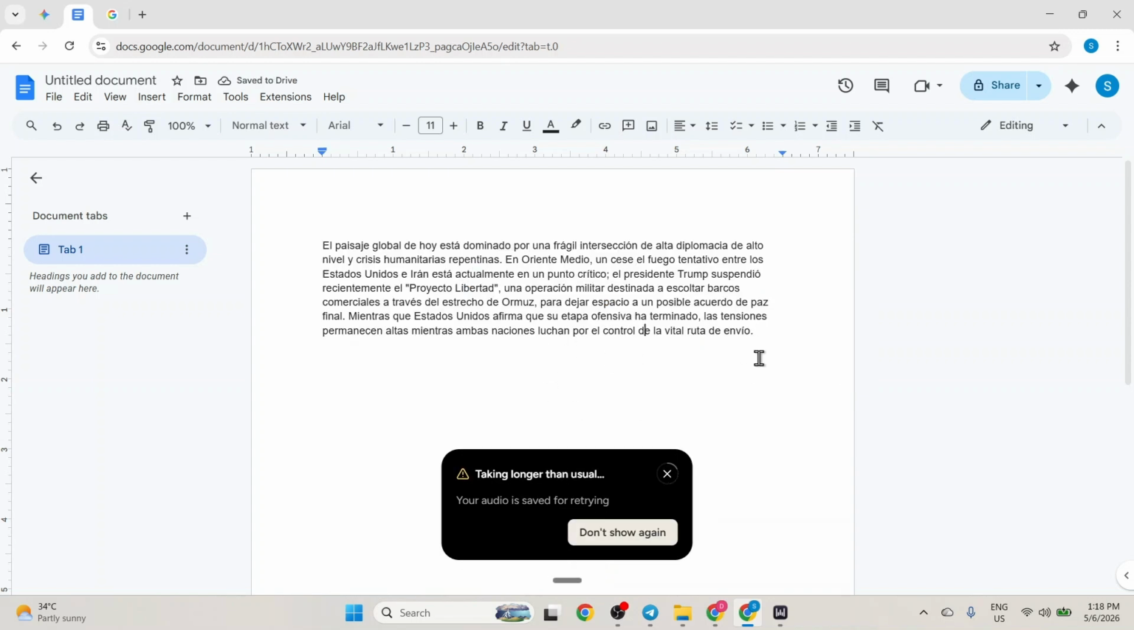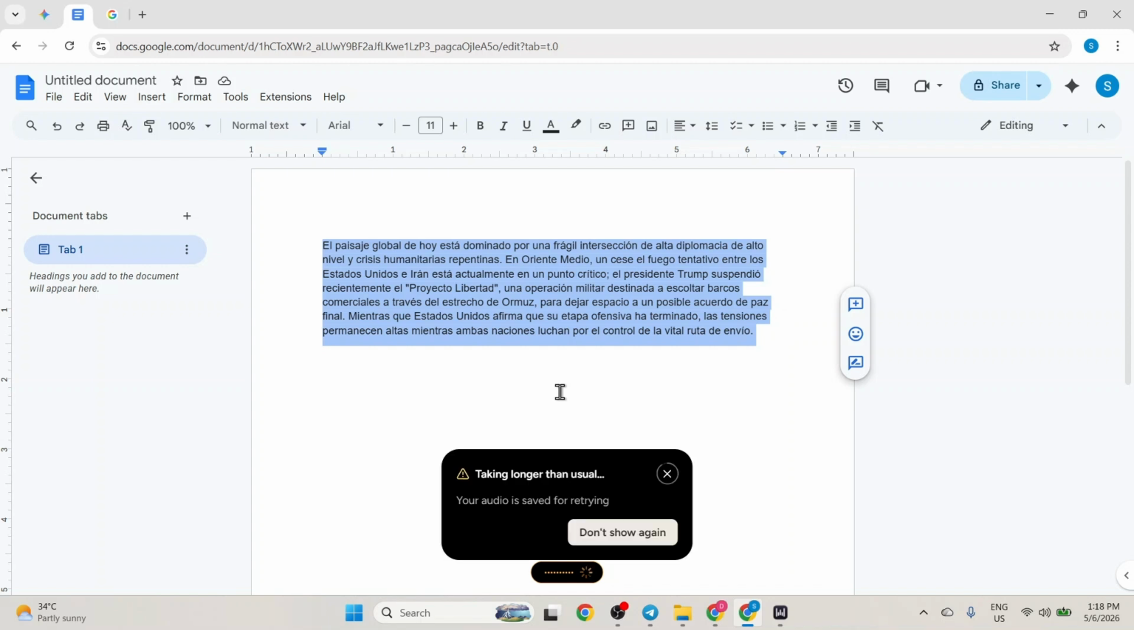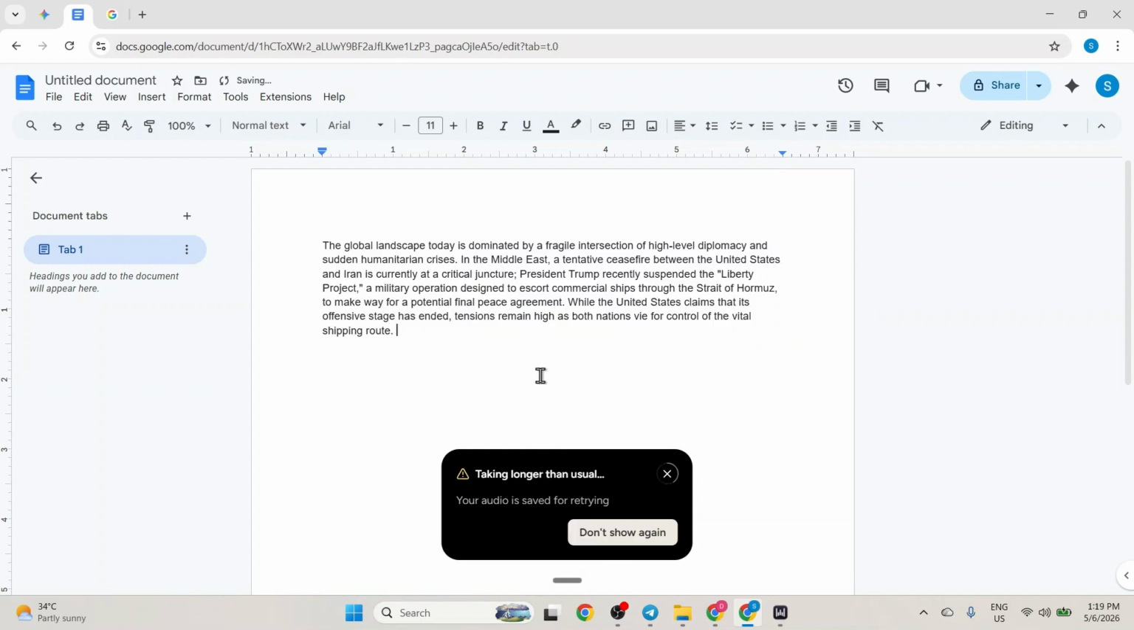The AI replaces the dense English report with a high-quality Spanish translation that maintains the professional tone of the original document. This result provides a fluent and accurate version of the text, making it perfect for sharing with international colleagues instantly. Next, I want to bring the text back to its original language, so I highlight the Spanish content and activate command mode again. I give the instruction to translate it into English, and after a brief processing period, the